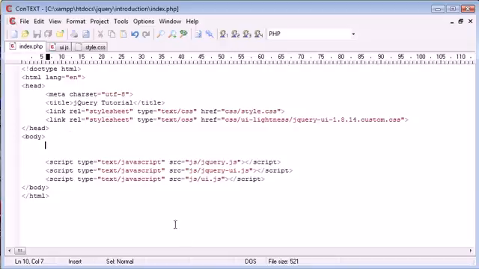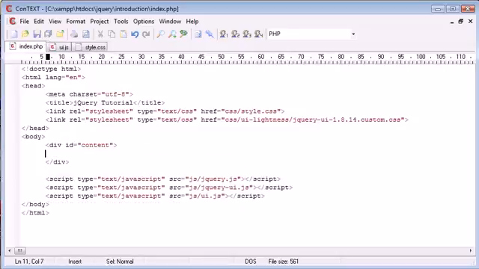So the first thing we want to do is go ahead and actually create this area that we're going to put the content into. So the first thing we need to do is create an overall div, and we need to give this a name, and I'm going to call this, let's just say, content. And inside here we're going to need to supply a few things, the first of which is a header, and we're going to create a link inside of this header, and the location of the link's just hashed because it won't actually go to a different page, and inside of this link it will be the title,